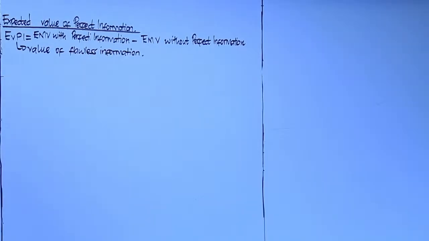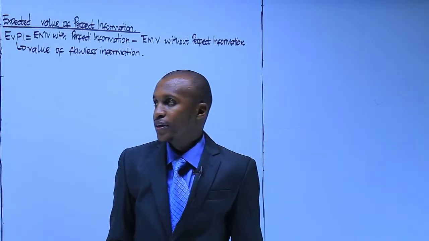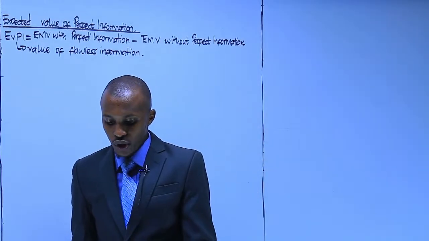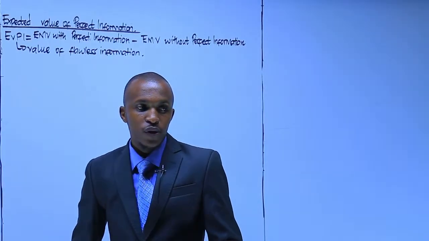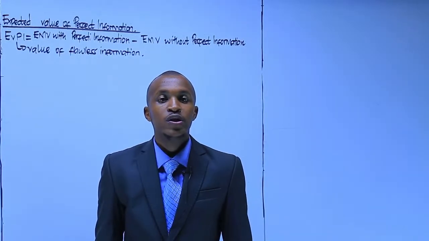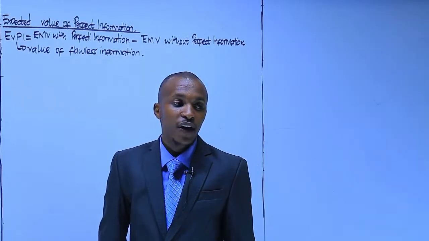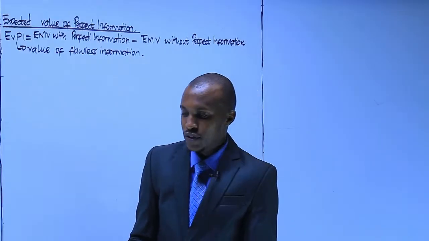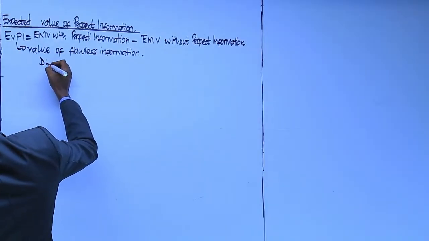I will start by showing you how you determine the value of perfect information using the payoff table. You can also determine the value of perfect information using your decision tree. But let me start by determining the value of perfect information using which method? Using the payoff table. So using the payoff table, we will go to a question on December